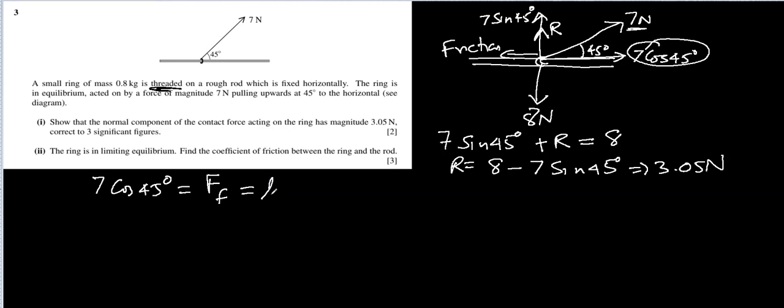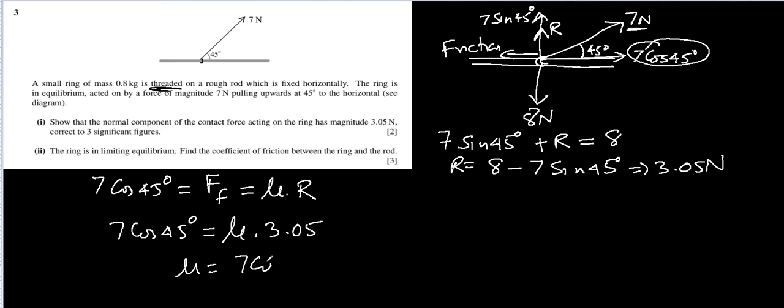Force of friction is always coefficient of friction multiplied by normal contact force. So 7 cos 45 equals coefficient of friction times, and we just got it, 3.05 newtons is the normal contact force. So mu will be 7 cos 45 divided by 3.05. That comes out to be